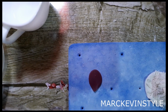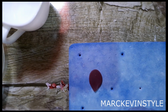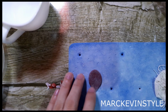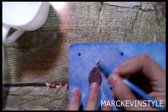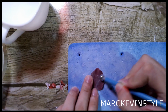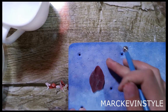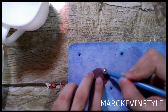Okay, so right now I'll show you how to manipulate the shape, for us to achieve the close to the real thing look of the Bougainvillea. So first dab cornstarch and then we expand the paste by using the ball tool. As you can see, I'm using the smaller ball because we don't want the edges to be super clean, okay? We want it to have an irregular shape,